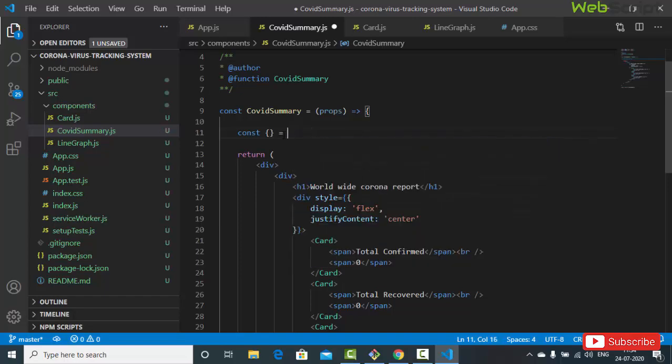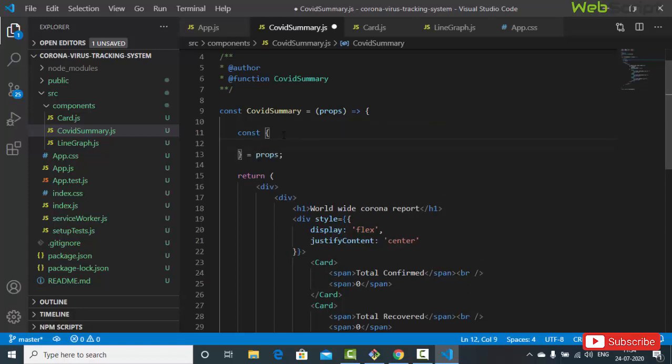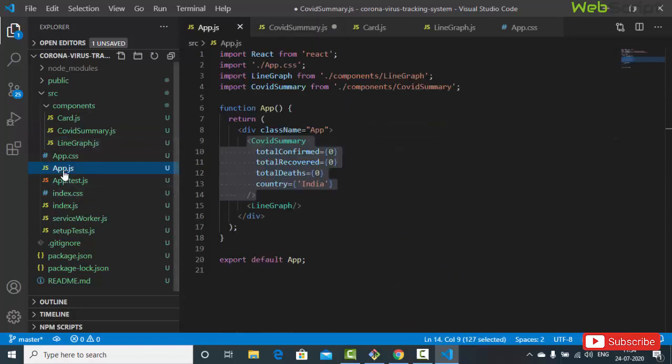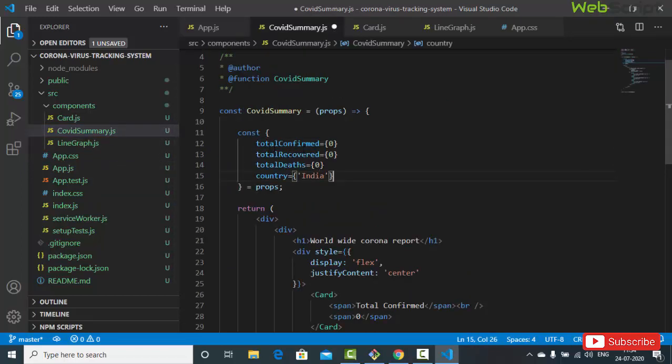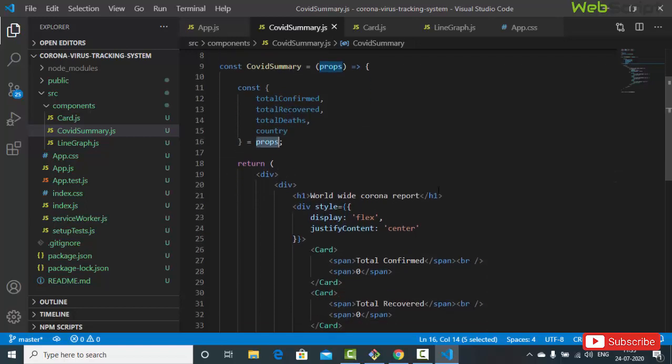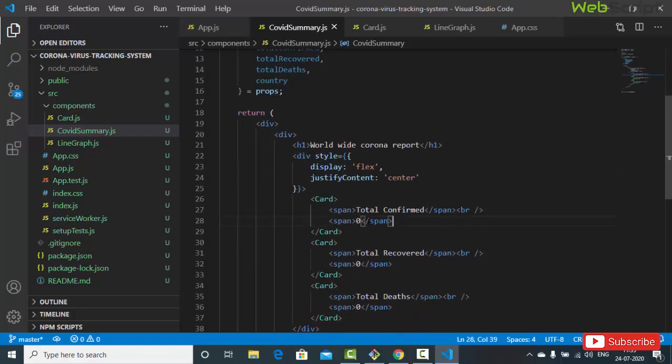props, and over here we are going to say everything like what we have. App.js. We'll take these things, copy COVID summary, paste over here. Now let's remove this, comma, and we'll remove this also. So we are destructuring this props. Okay, now we'll say here